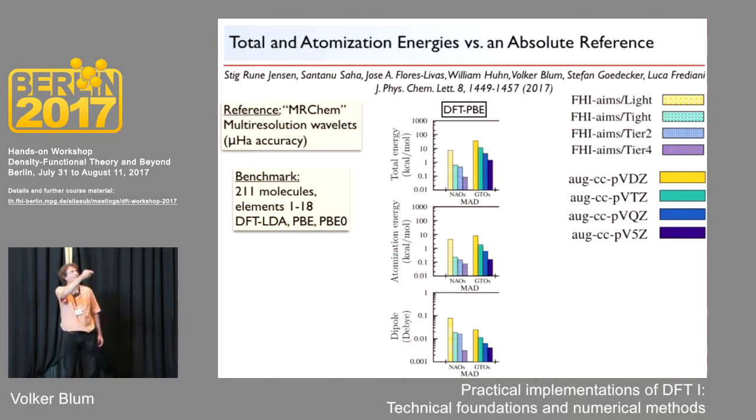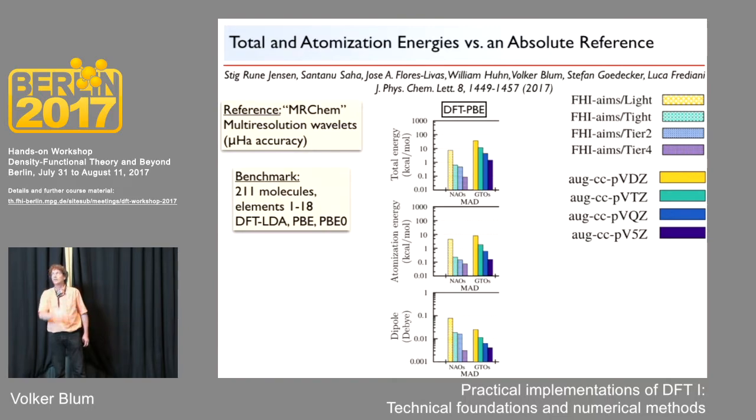accuracy, otherwise you get tight, which is somewhere near 0.3 kcal per mole in this case here. Tier 2 goes down, and if you want to be really accurate, you can go to tier 4 and you get that total energy accuracy out for the functional. So this was gratifying to see because the methods were completely different in their origin, yet get basically the same results. This is a set of standard Gaussian type orbitals compared against them,